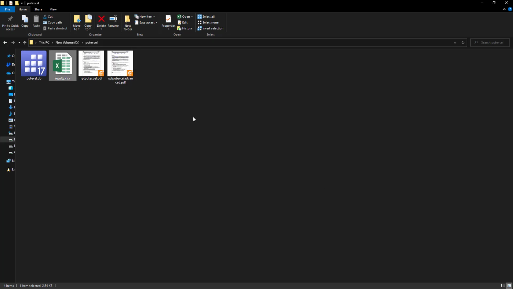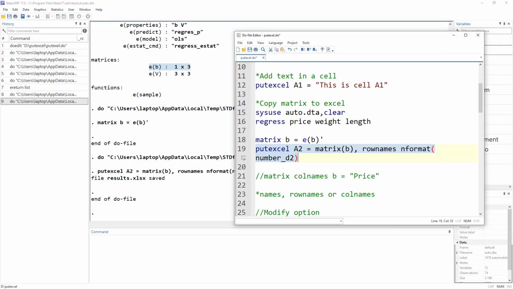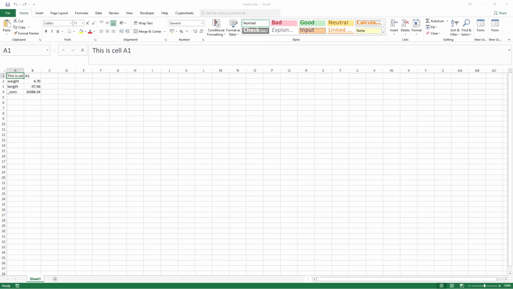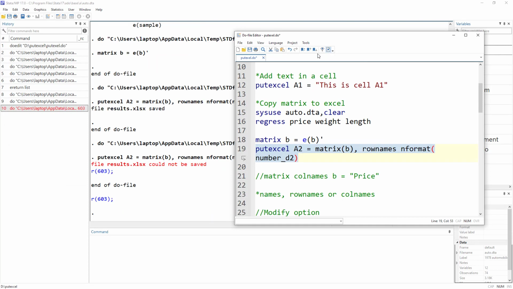So let me also show you what error you would get. The Excel file is open. We'll discuss these results, but let me just show you the error that you would get. What it says is that the file results could not be saved. Normally people cannot understand from this error that the Excel file is open and you need to close that Excel file. But anyhow,